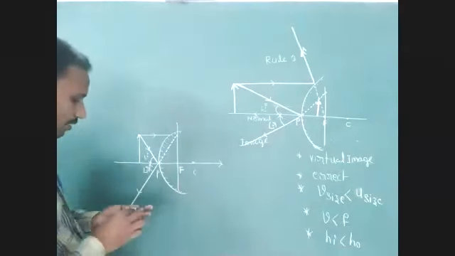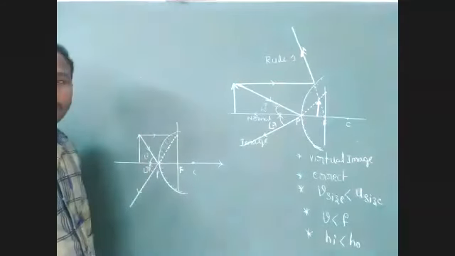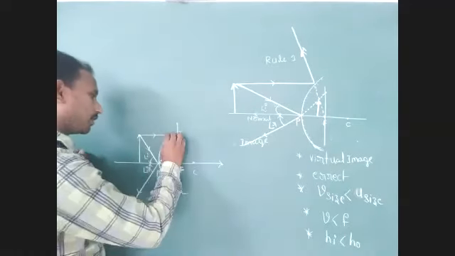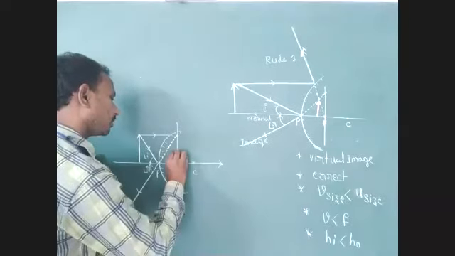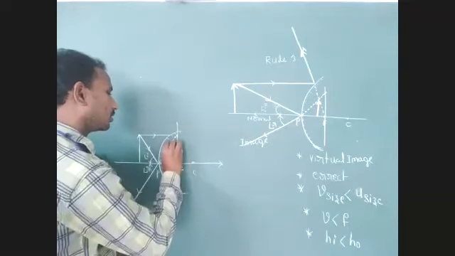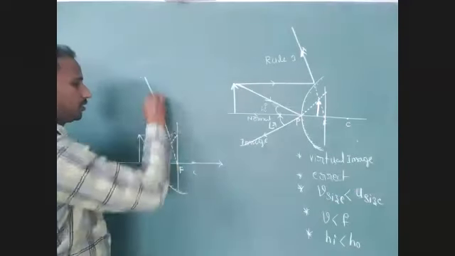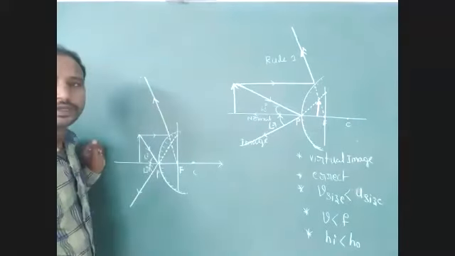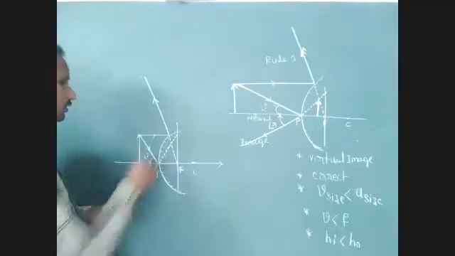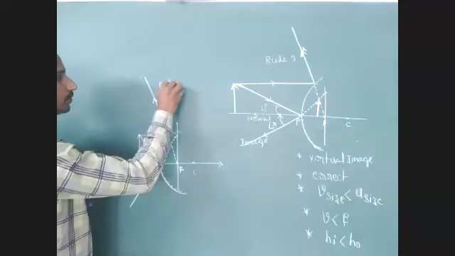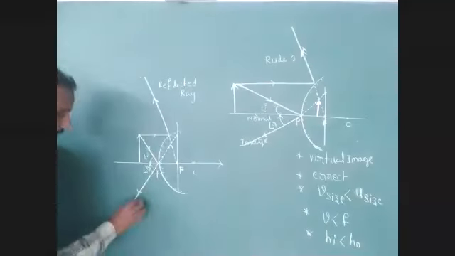Next, another one we have to identify. Here, just identify this light ray parallel to principal axis. After reflection, the reflected ray appears from principal focus. Understood? Okay, it is a reflected ray. You have to identify this. It is a reflected ray, and it is also a reflected ray.